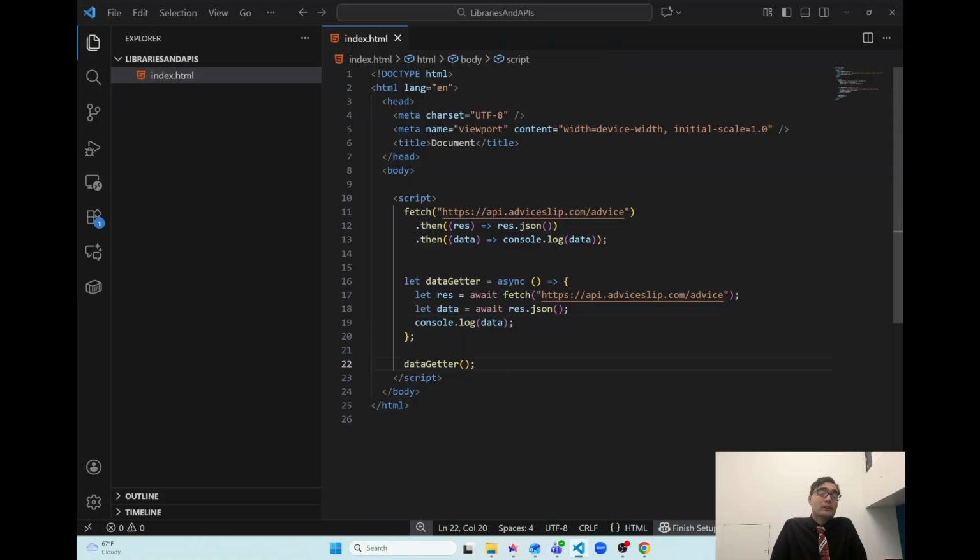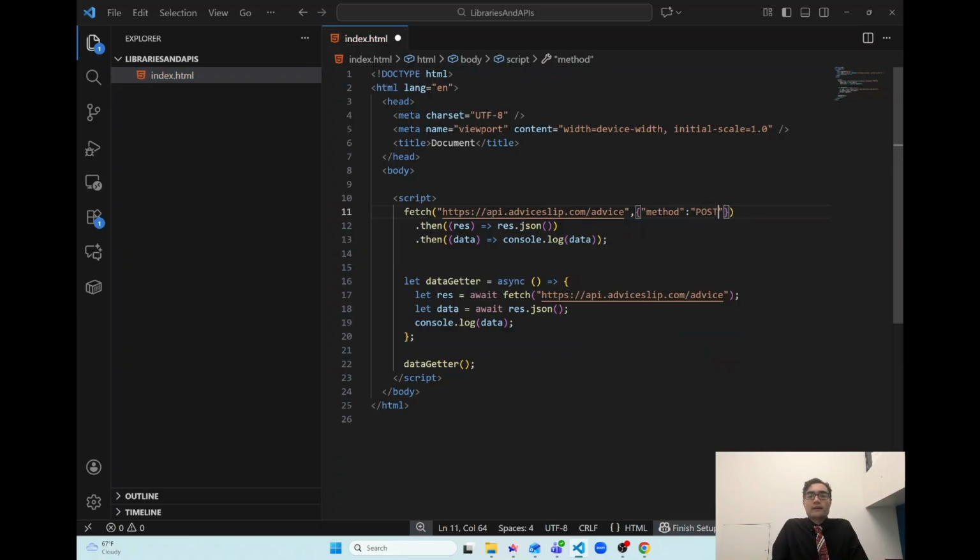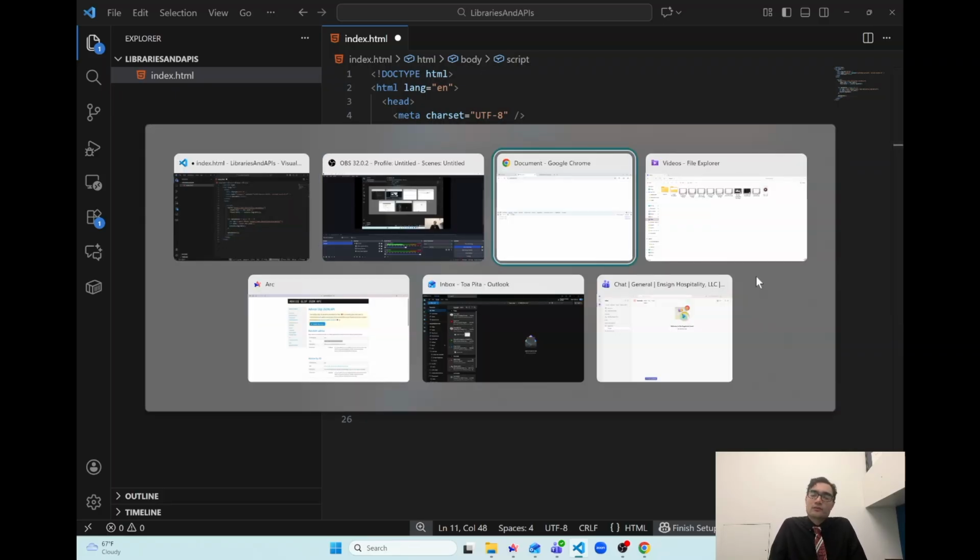And maybe that felt like a lot of steps to you. Also, if you wanted to do a post request, then you had to add in extra data here. And I actually didn't show you this, but you could say method is post. And it was kind of a pain to set that up, which is why I didn't show it to you. Because in this video, we're going to talk about a library that makes all of that easier. So this library is, drumroll please,